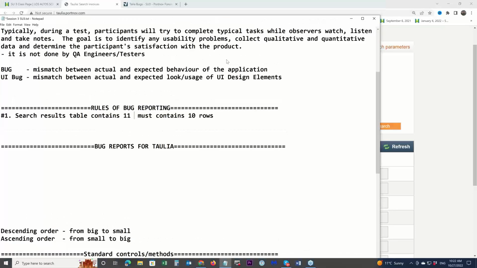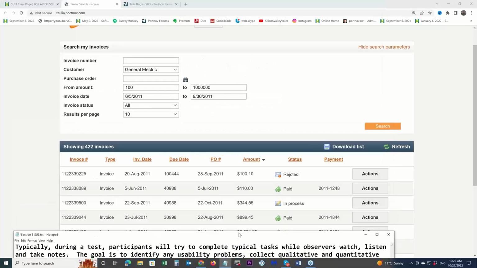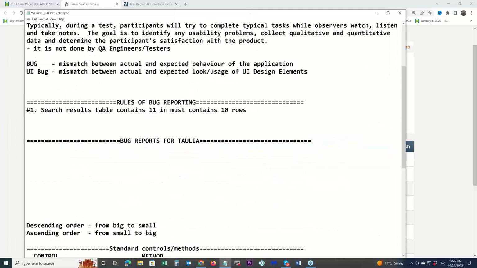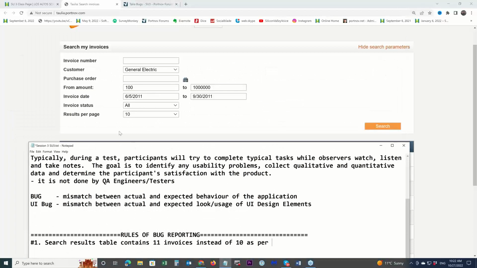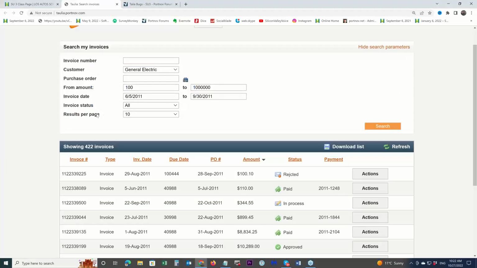What are they? 11 what? Invoices. Okay, 11 invoices instead of 10. So I am pointing to the mismatch. I'm saying 11 instead of 10, as per results per page. I'm saying if you don't believe me, it's right here. It's in results per page. Okay. Copy. Okay.